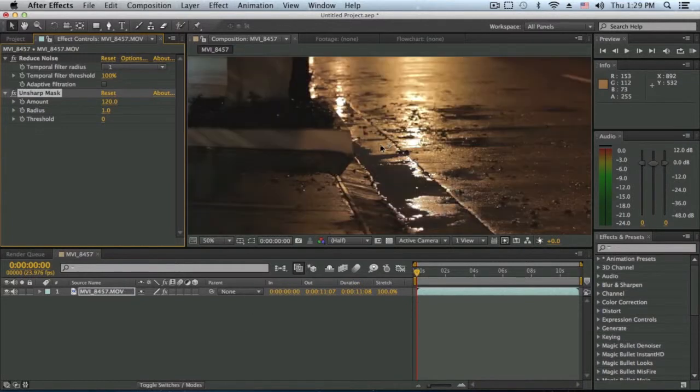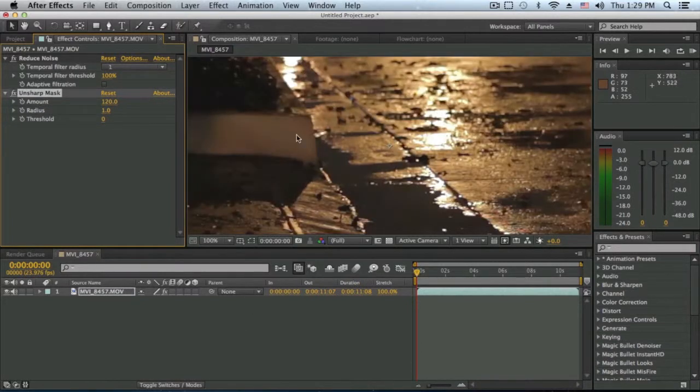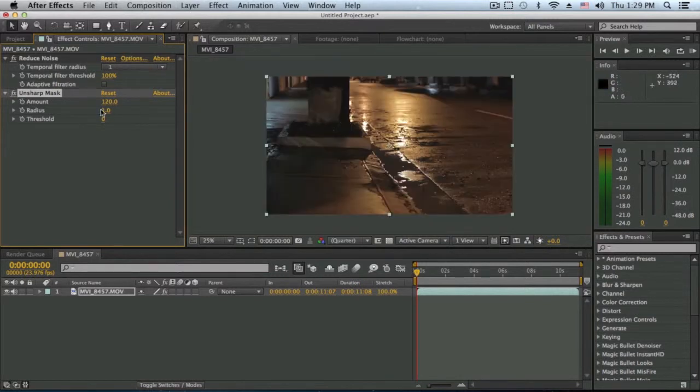And right off the bat, if we zoom into something like this, as you can see, if we take out the Unsharp Mask, it looks more blurry, but with the Unsharp Mask it looks really crisp. I mean, it does not look great, but it gets the job done. And for radius, you can just type in 1.2. That usually works really well. And right here, as you can see, the difference is pretty noticeable. And yeah, I would not recommend